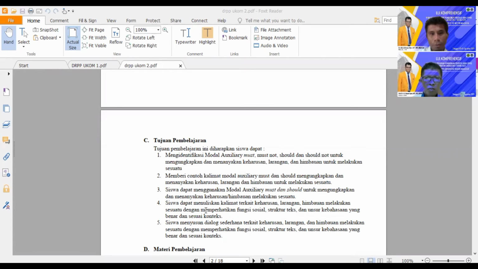And next, student must be able to write the structure, the social function, and the language feature about modal should and must. And terakhir, the last student must be able to create dialogue, menyusun dialog. Jadi siswa, berdasarkan tujuan kita ini, all of you students, in the end of this class, you must be able to create a dialogue.